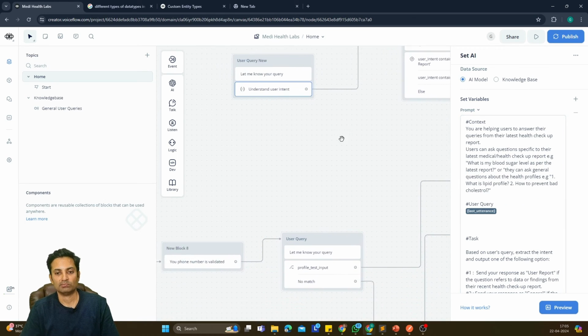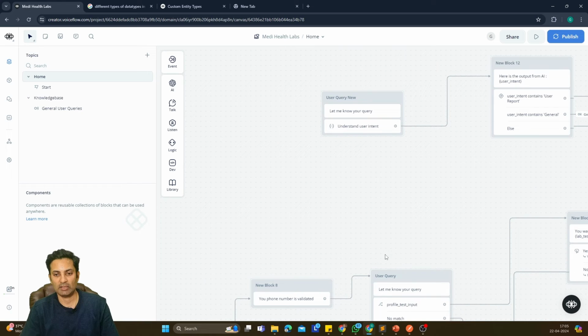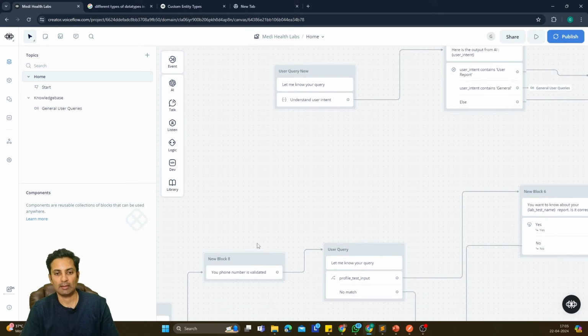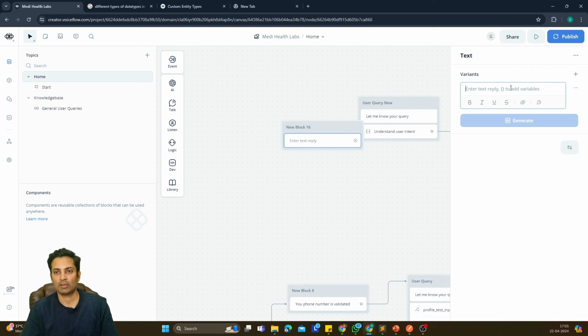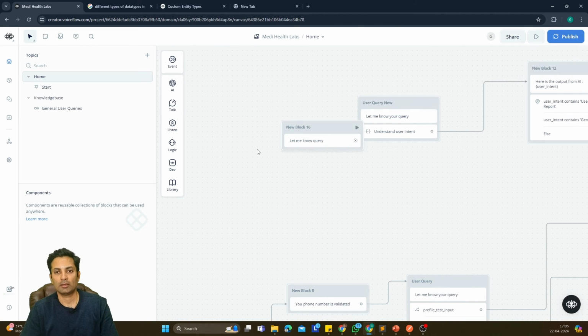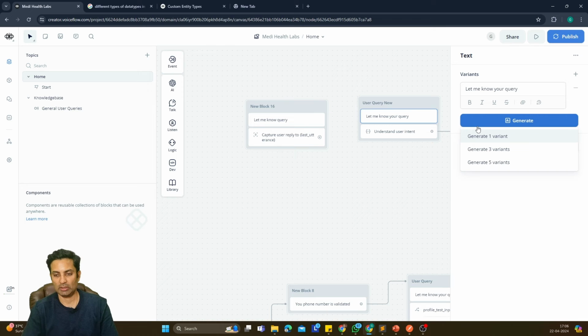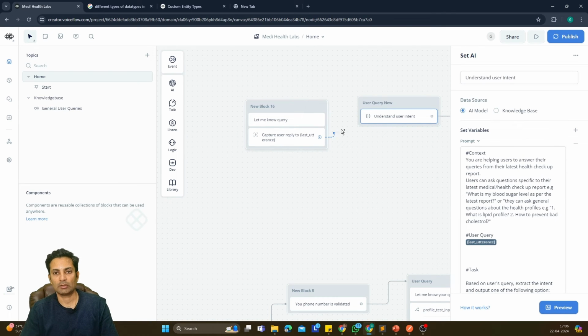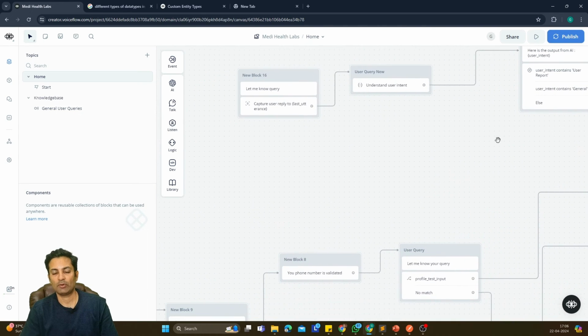So in this case, now what I want to do is, let me just connect this part here and create one capture block. Here I say, let me know your query, and then I say capture and use the last utterance, and here we don't need this, we can delete this part and connect it to this part. And later, once this flow is working fine, we can